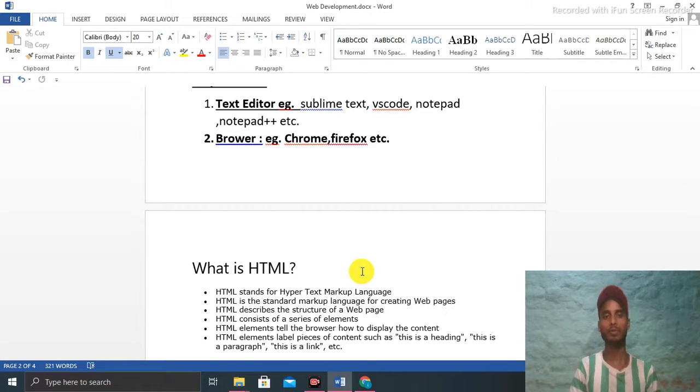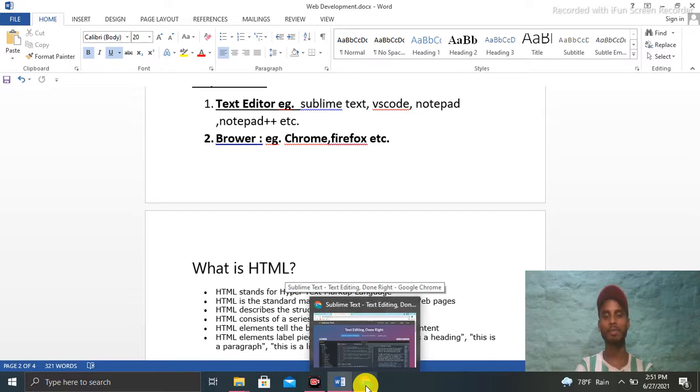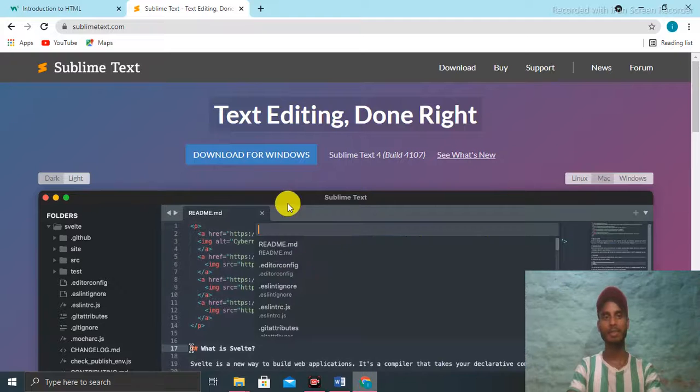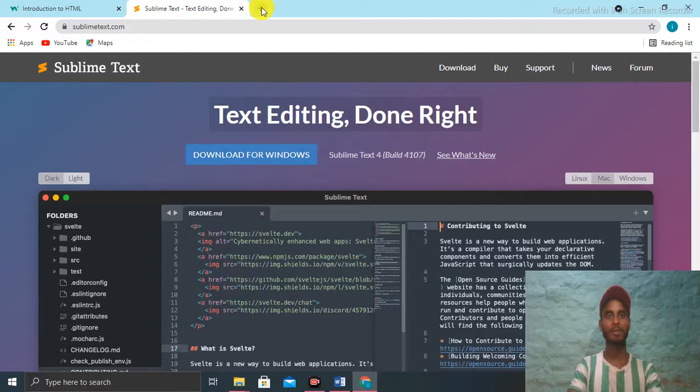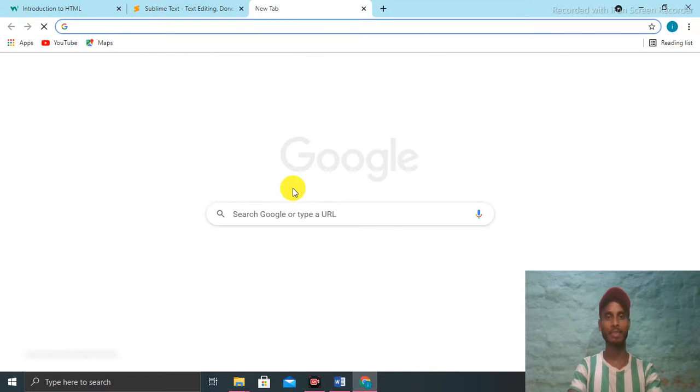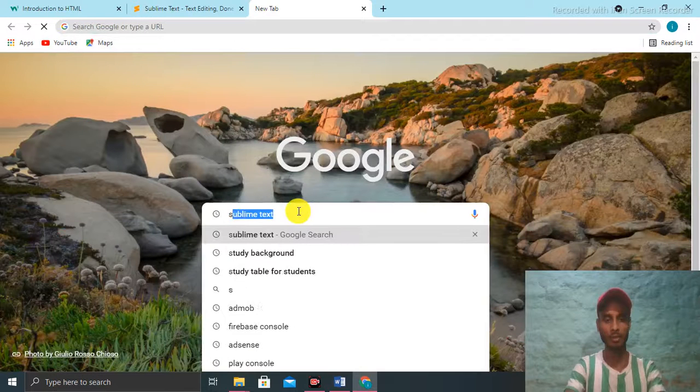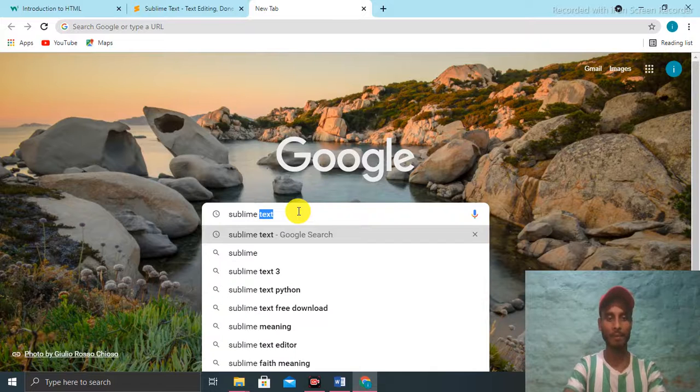So download any text editor. First I recommend that you download Sublime Text. Go to Chrome or any browser and search for Sublime Text.